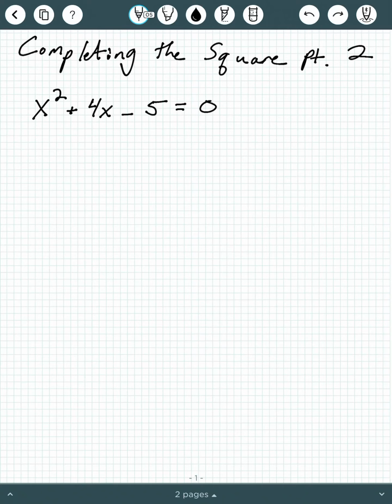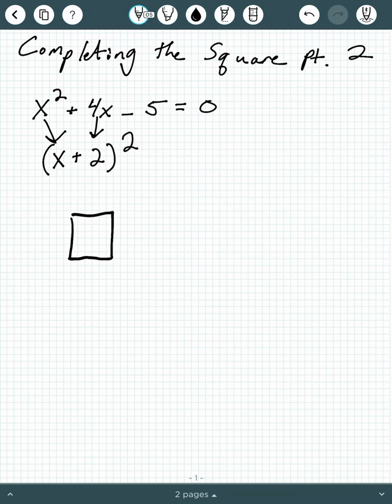For one like this, we would go ahead and start by trying to fill in our parentheses of what's going to be squared. And to do that, we would take x squared and just turn it into x. And we would take our positive 4x and divide it in half, so that 4 becomes 2. So right now we have x plus 2 squared. We aren't quite done yet, because if I were to actually multiply x plus 2 times itself,